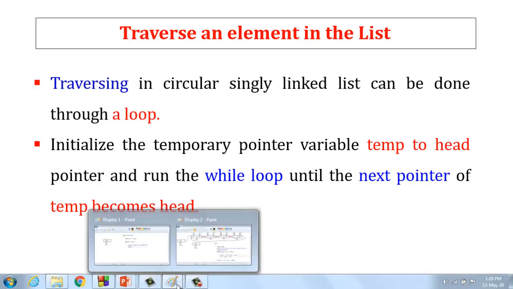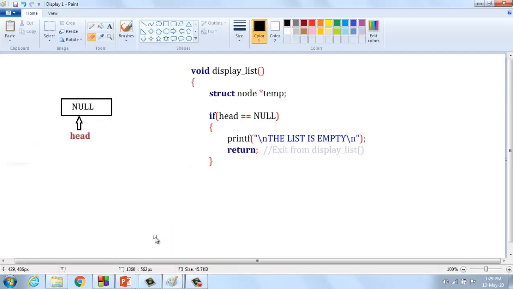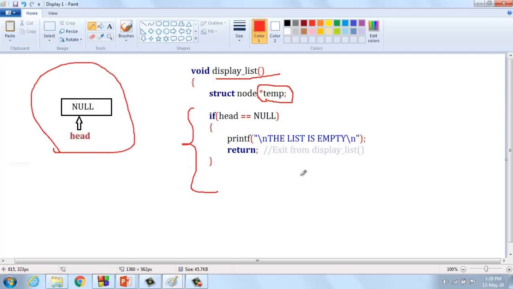Here we are going to see the pictorial representation. The first scenario is that we have to check whether the list is empty or not. Void is the return type, that is, it does not return any value to the user or programmer. After that, display list is a function. Here we are going to create a temporary pointer. The temporary pointer plays an important key role. And then the first condition is if head pointer equal to null. Head pointer equal to null means the list is empty, there is no node present in the circular singly linked list. In that case we are going to print an information message to the user. This is the first possibility.